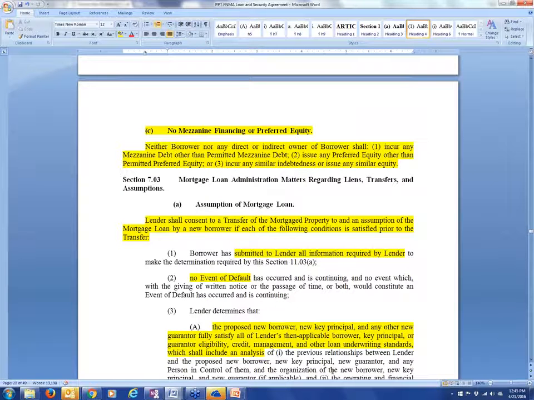Okay, no mezzanine financing or preferred equity. Neither the borrower nor any direct or indirect owner of the borrower shall incur any mezzanine debt or other permitted mezzanine debt, issue any preferred equity or other type of permitted preferred equity, or incur any similar indebtedness or issue any similar equity, okay? This gets to the seller financing, or it could get to the seller financing. It depends upon how your capital stack is being structured. But if the seller offers you seller financing and they say, okay, yeah, sure, that's fine, we can do it, and you're assuming their note, and then it turns out that you can't do it because this provision's in there,